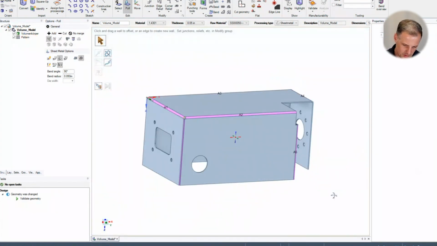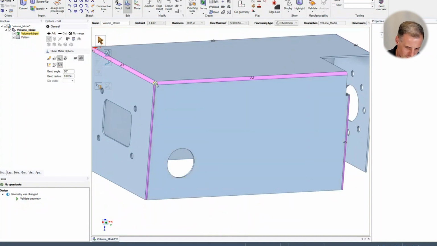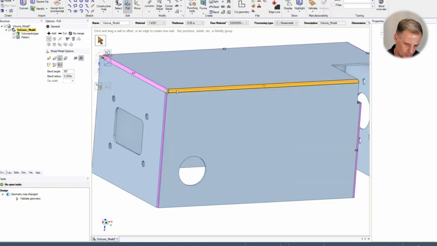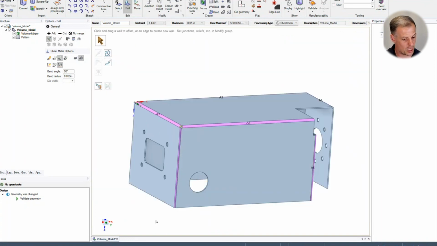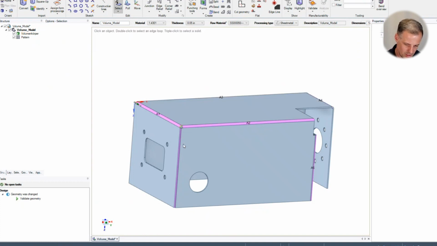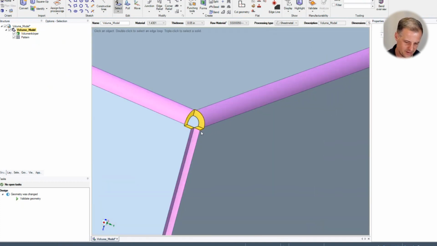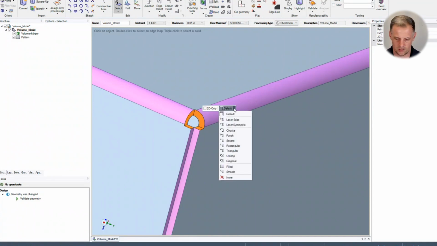Everything which is colored here in Boost, so magenta or yellow, is adjustable and modifiable in a really easy way. So by using the select tool, I can, for example, select the relief. And as you can see, there is a shortcut as a suggestion, and Boost comes up with some suggestions how to change this